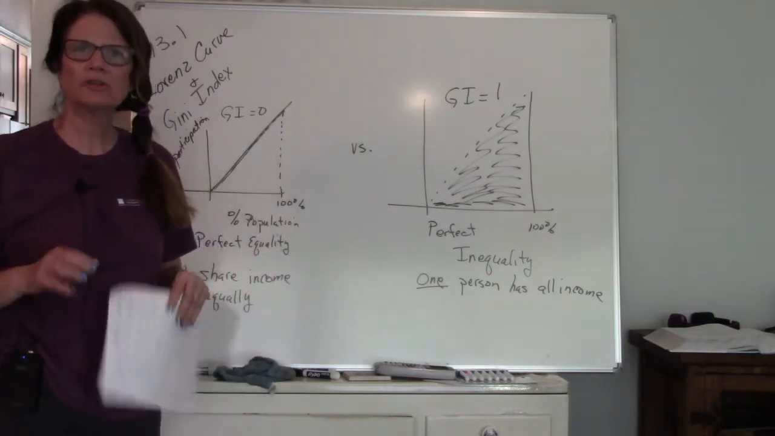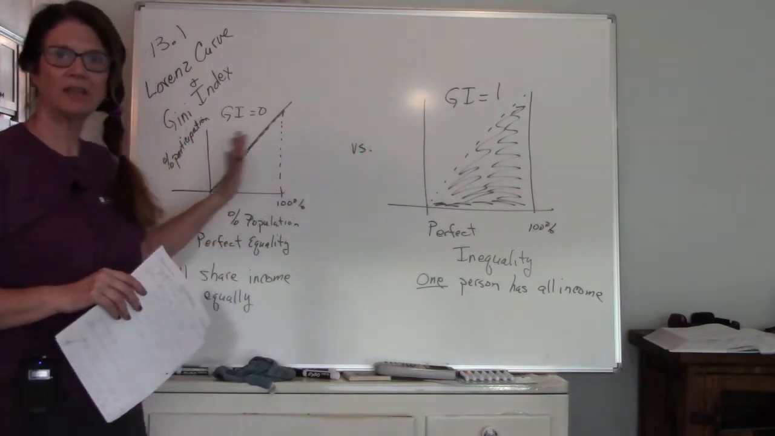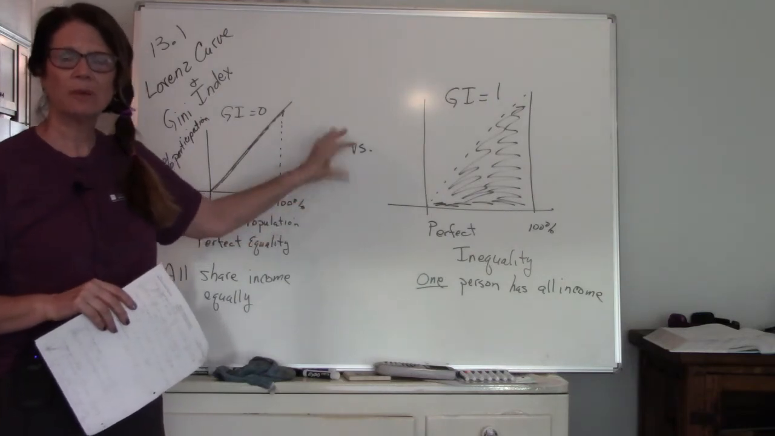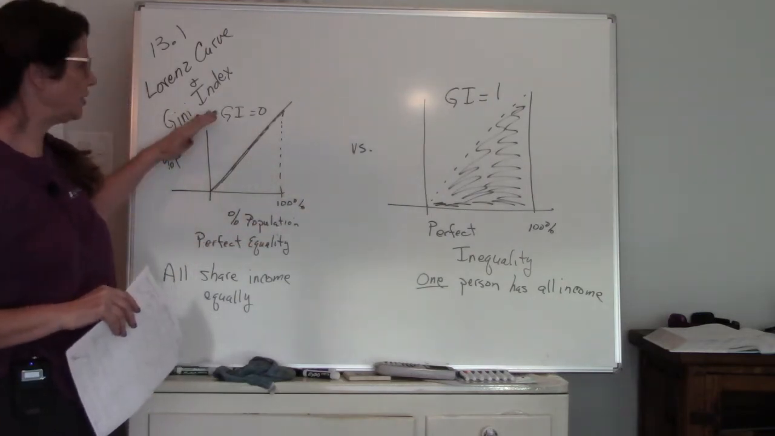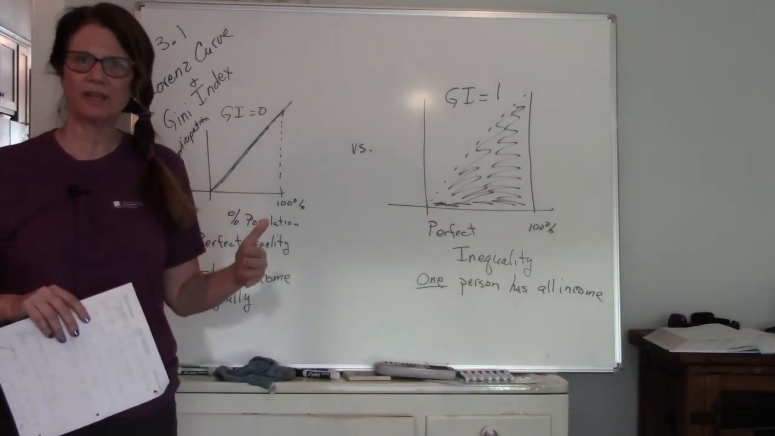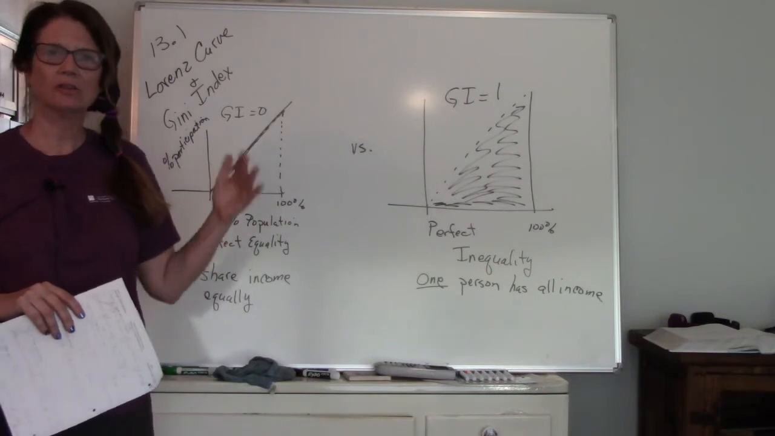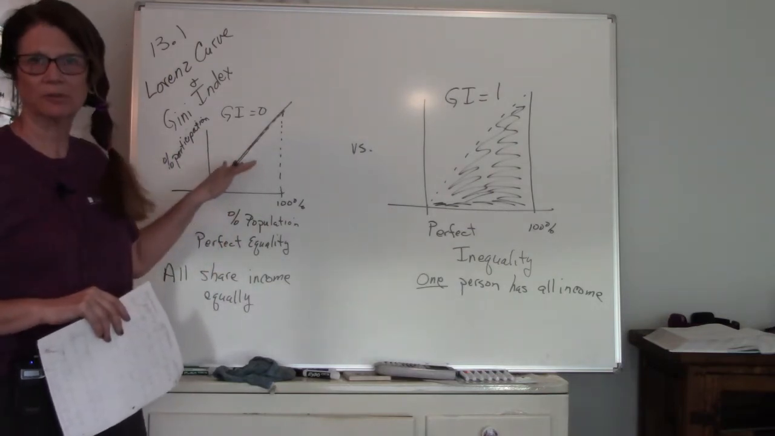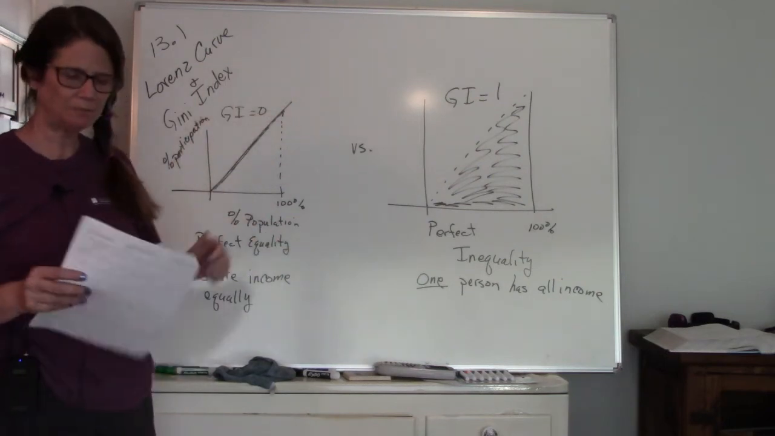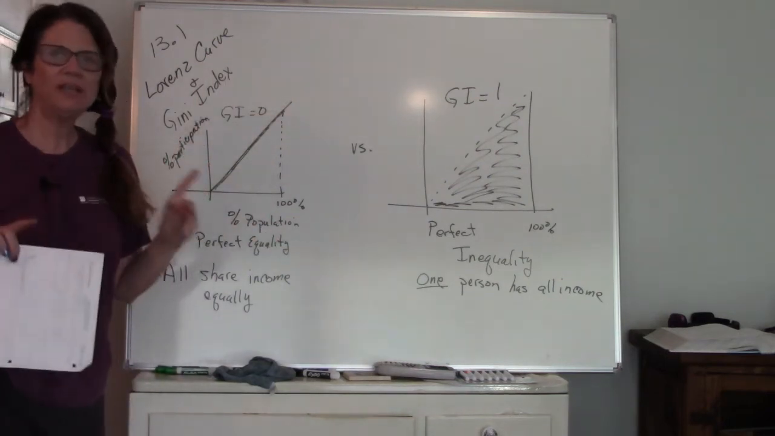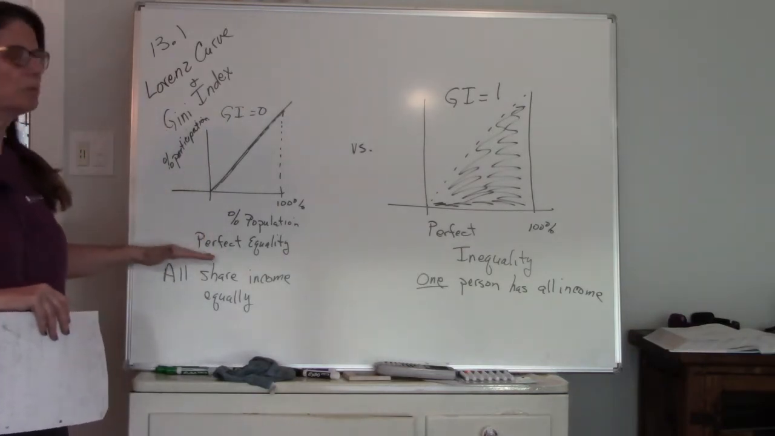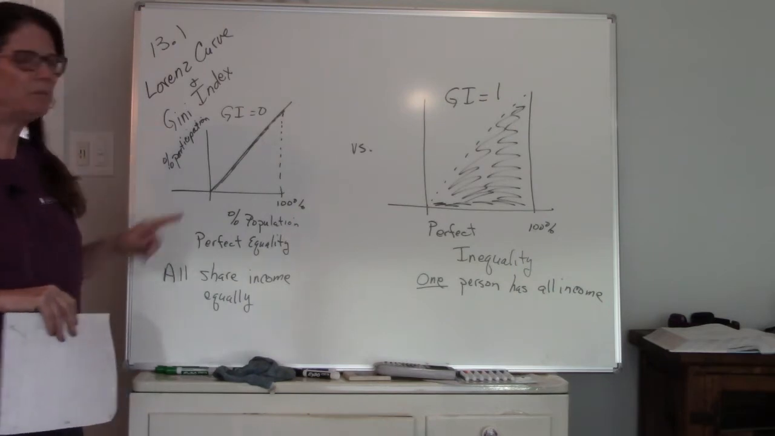So the Lorenz curve is the visual, the actual curves of the representation, and then the Gini index is the value. So Gini index is how you calculate the percentage. The Lorenz curve is the graph of the percentage. So they really are the same thing. One's a visual, one's algebraic, okay? So the Gini index is always between 0 and 1. 0 is considered perfect equality, all right? Now, what that means is